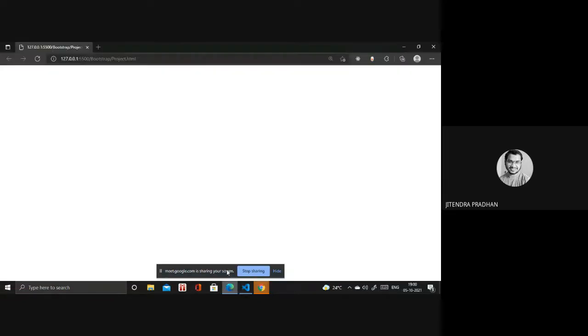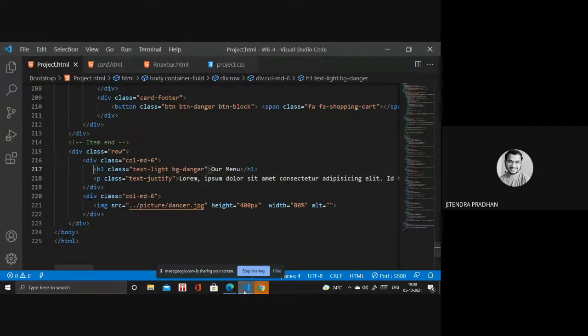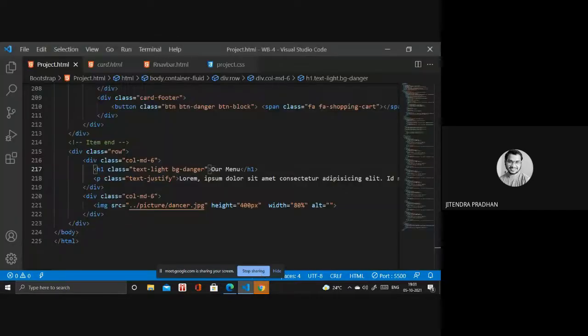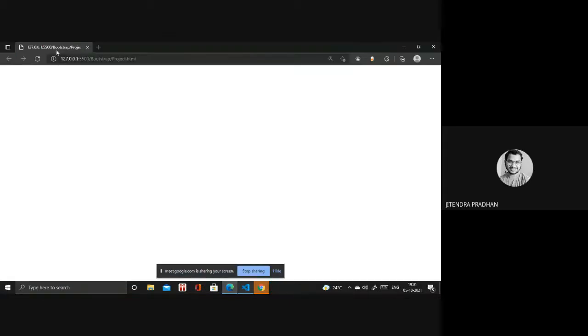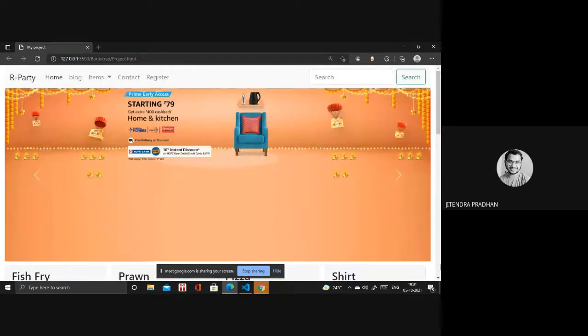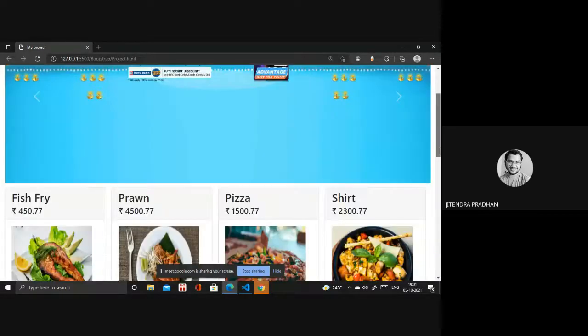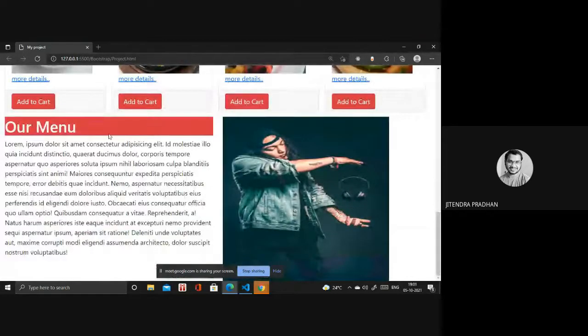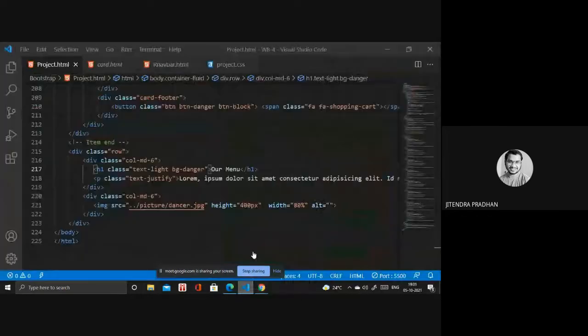Okay, and next we have to design the footer part. Our menu, okay, and all these parts are there. And next we have to design the footer.